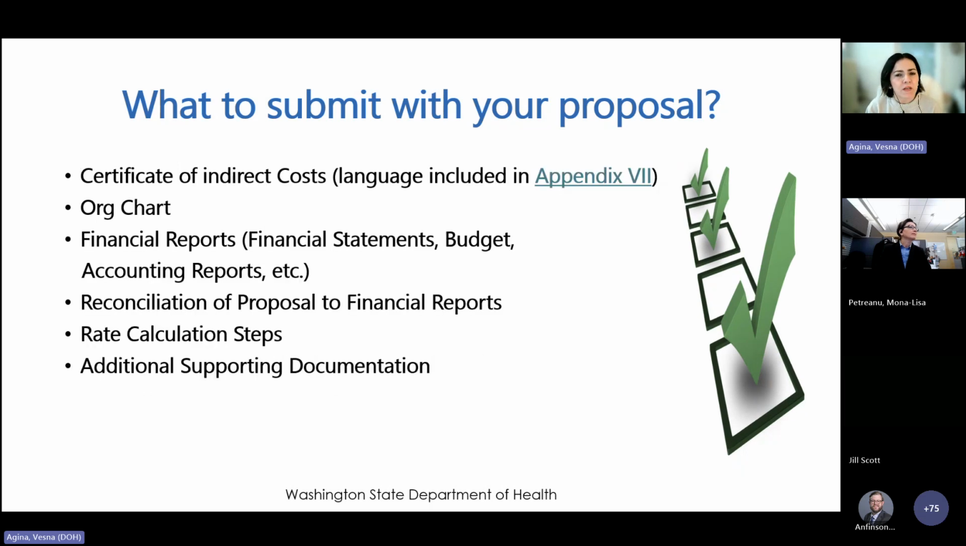Let's see here. So again, this is just kind of like financial reports. We do ask for whatever you're using for your proposal. So it could be audited financial statements, budget, accounting reports, so any kind of financial reports that you were able to submit. That's something that we would need, because what usually happens is whatever you were indicating in your calculations for indirect rate, I do need to make sure that those financials and those totals reconcile with your financial reports